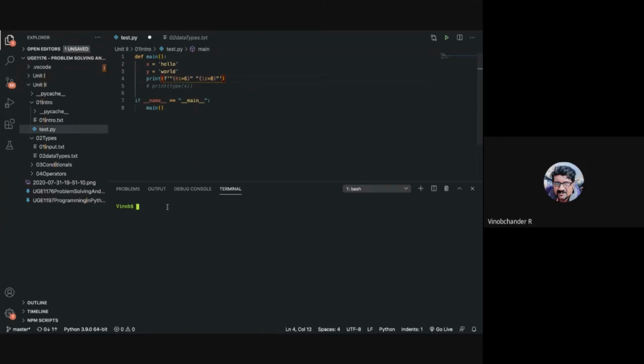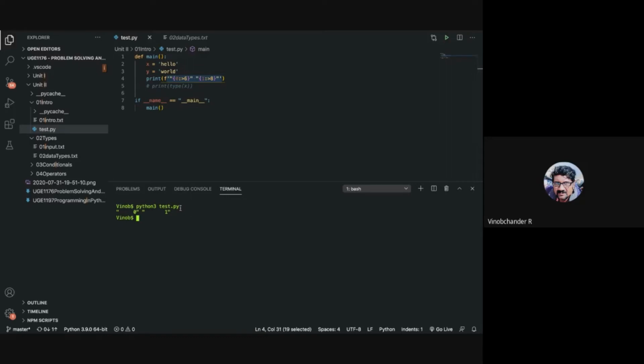So these are called f strings. Now you don't put a dot format, but you just put what is called f. This means that this entire string is called an f string. Behind the scenes, an f string makes use of the dot format method to work, in order to give you the appropriate output. If I run this program, I get the same thing.